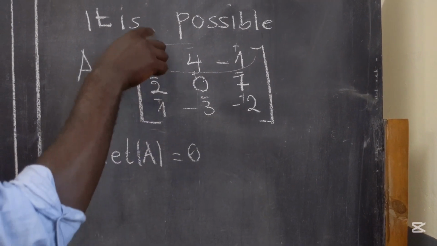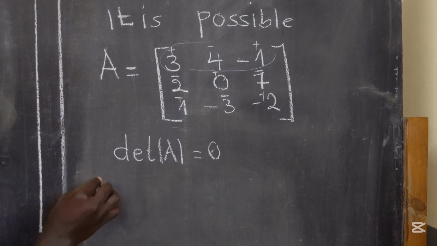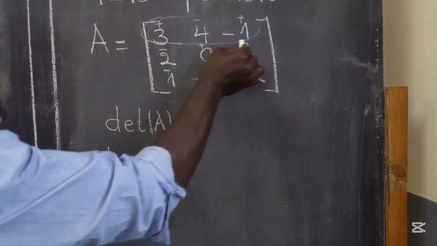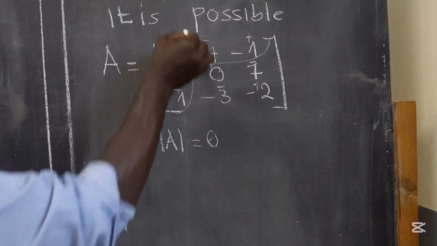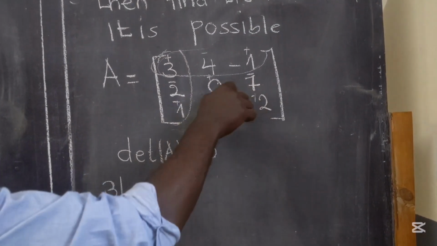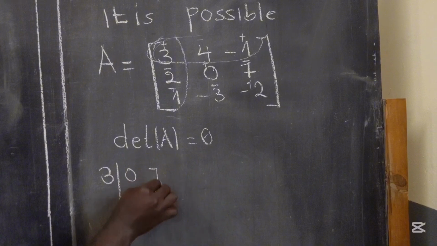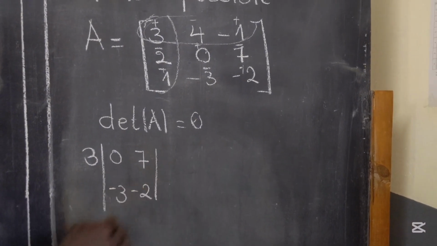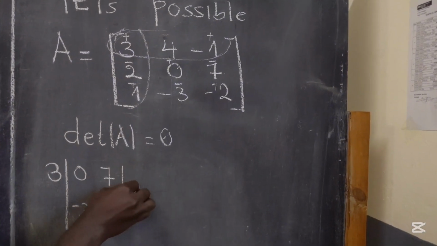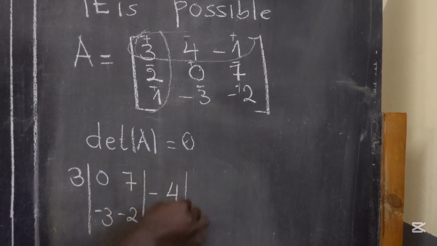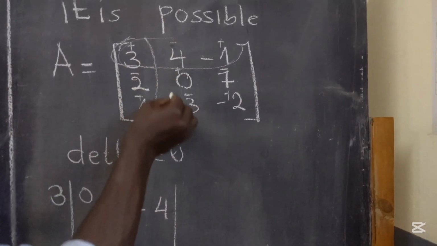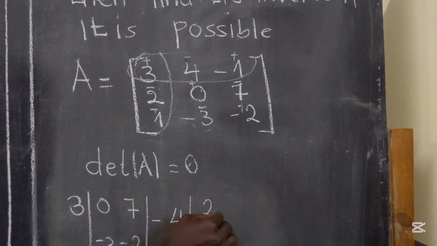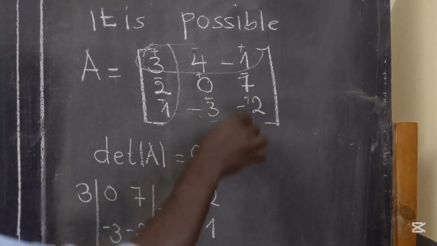Starting, we have 3 with positive, times we remove this row and this column, to stay with 0, 7, -3 and -2. Then you have minus a 4 times, removing this column and this row, to stay with 2, 1 and